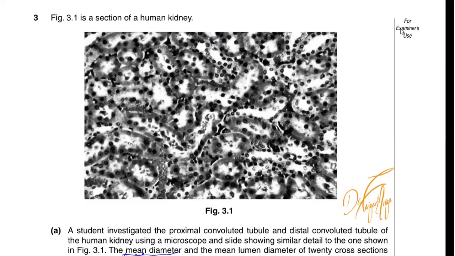P5. Now, coming back. Question 3, figure 3.1 is a section of a human kidney. You can see these large spherical structures. These are the nucleus, and this empty space is the lumen of those tubules. And you can see some fairly circular structures with the brush borders, and these are proximal tubules. The ones which do not have the brush borders and are still very thick in a similar way will be